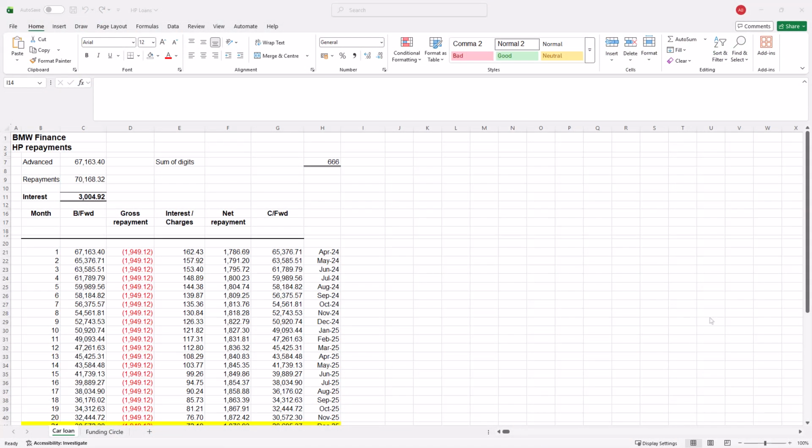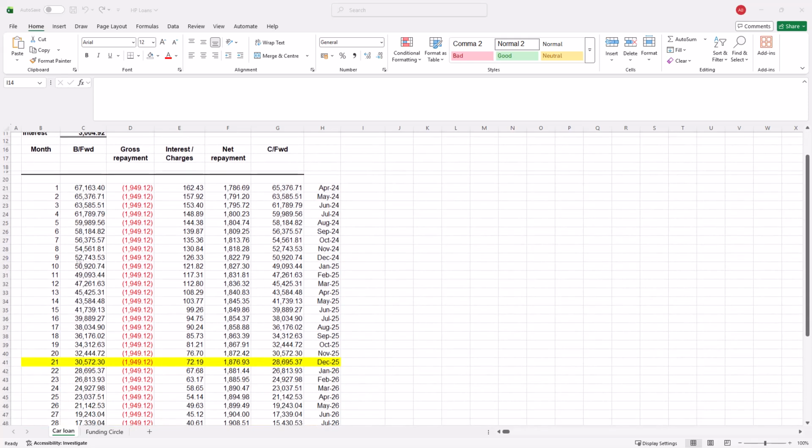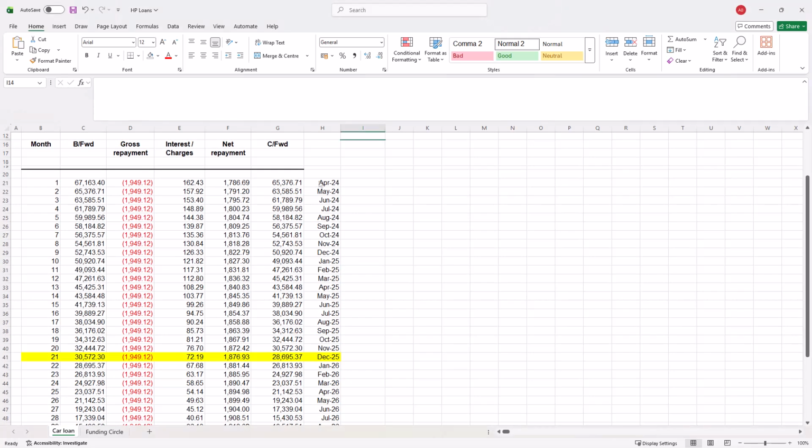What I have on the screen is what I would have used over the years, and I'm sure many of you would have had a similar Excel spreadsheet where you set up a loan. We're using sum of digits calculations. I've got a BMW finance loan agreement. I could see this was set up in April 2024, and as of December 25, this would have been the balance in my accounts,